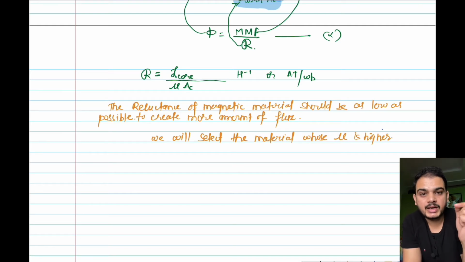We will use steel material because steel is a good conductor of magnetism. It has good magnetic property. But in addition to magnetic property, it also has good conductivity. But our main requirement is that our core material should have only good magnetic property. It should not have good conductivity. Why? Because of conductivity, what will happen? An EMF will be induced across that conductor, because conductivity is always with respect to electrical.